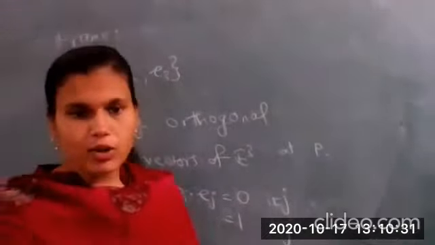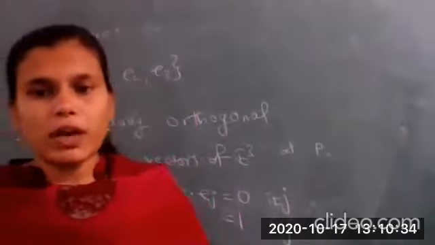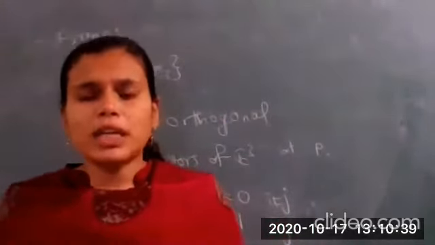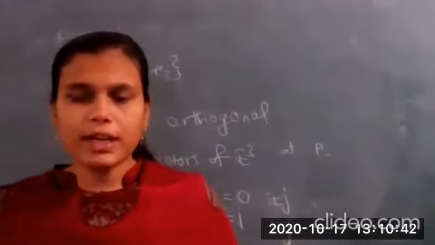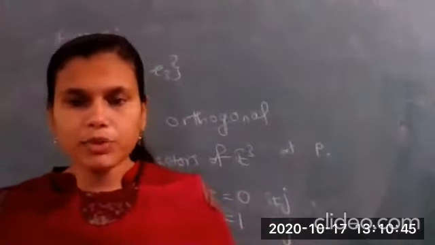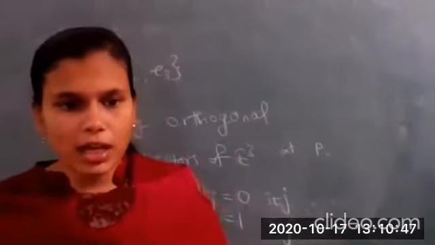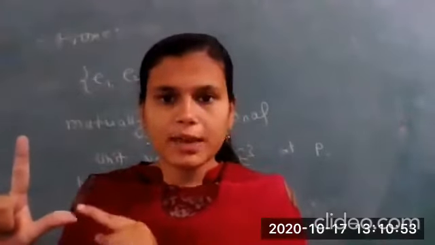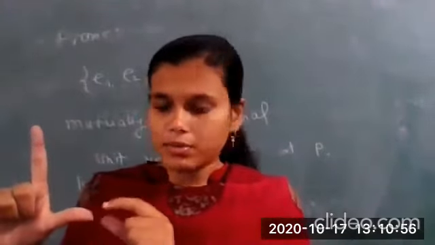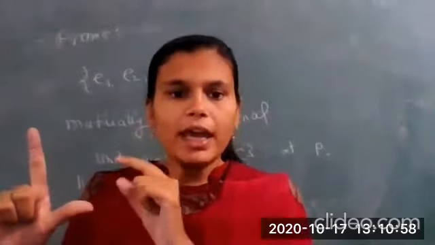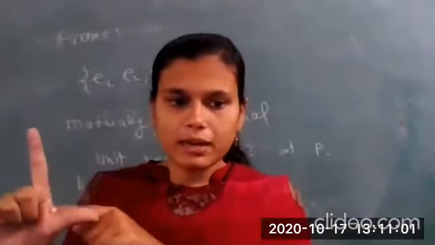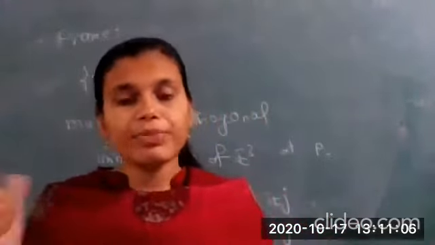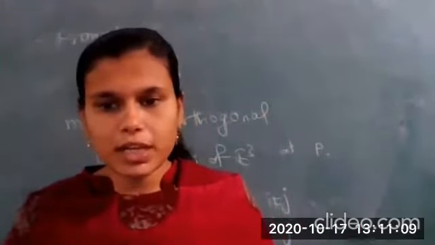Why is this so? Suppose you have a 3D system. What is the dot product of a vector going in the x direction and a vector going in the y direction? Obviously, the dot product will be mod of x, mod of y, and cosine of the angle between them. What is the angle between them? It is 90 degrees. So the dot product of vectors in the x and y directions should be equal to 0. Cos 90 is 0.